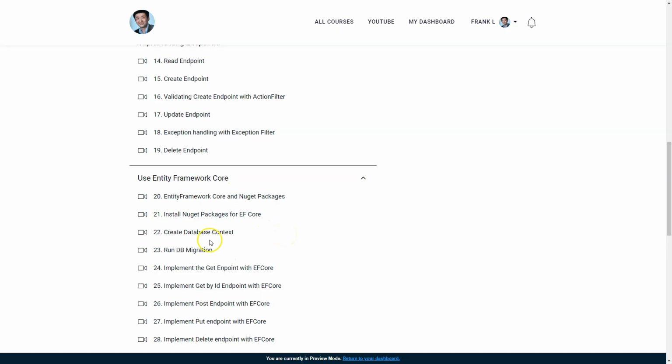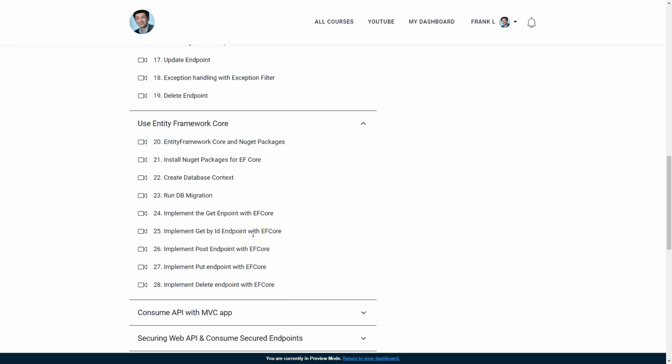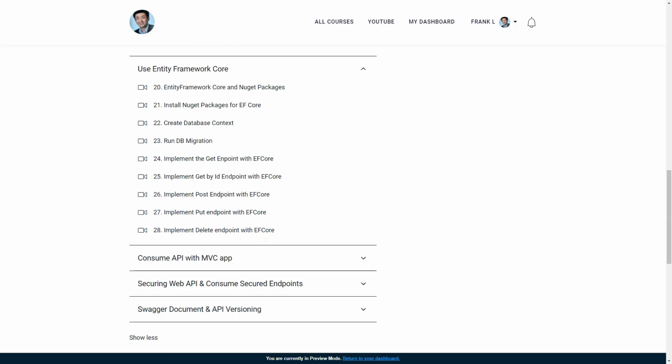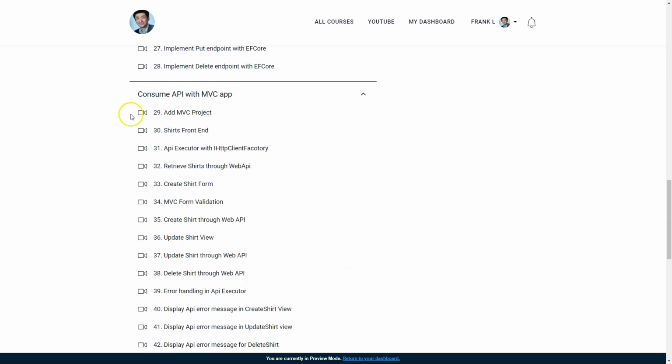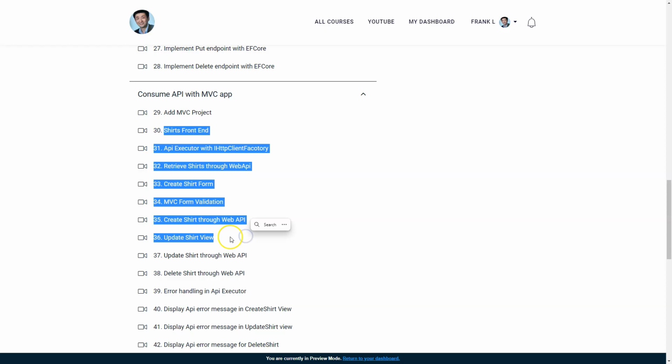In the next section, we are going to actually use Entity Framework Core to replace the in-memory repository. And after that, our Web API will be able to connect to the database, and we will be able to work with real data. In the next section, we will create an ASP.NET Core MVC application to consume the Web API. Just like before, we will not only work on the CRUD operations